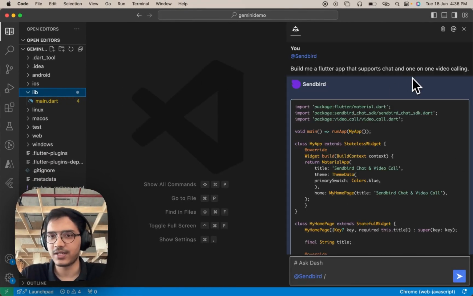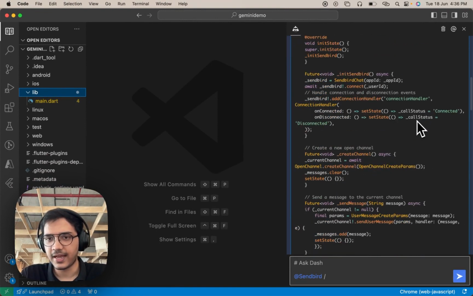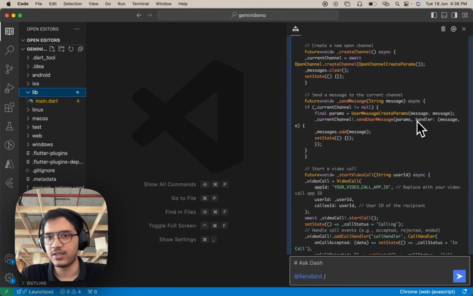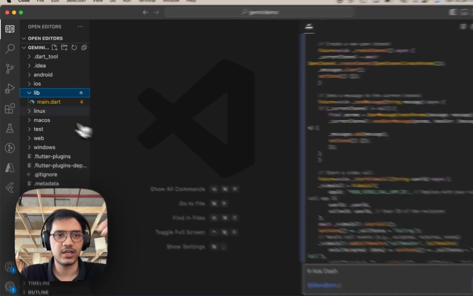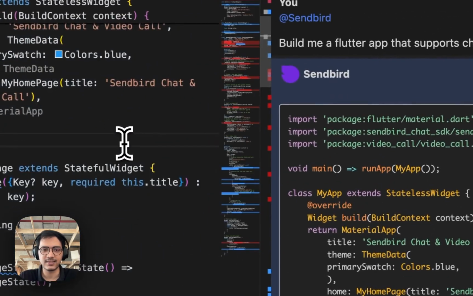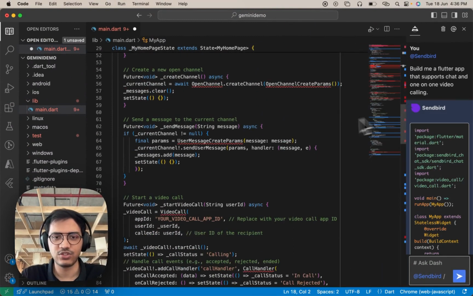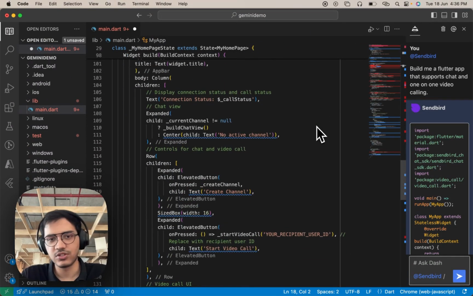We have an answer from the SendBird agent. It has created an application for us, and it has taken care of everything that I need to do without reading the documentation. So I can just go to my main file, select it all, and just replace the code, and that is it. We have customized SendBird chat, messaging and video calling integrated, and I can install the required